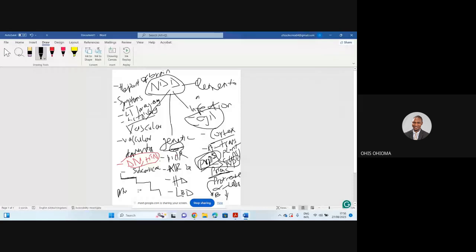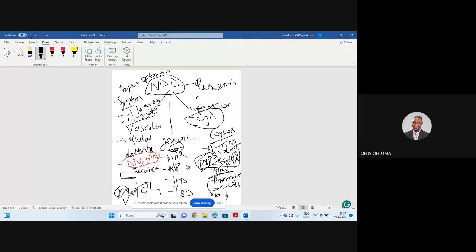Now, we need to be able to differentiate between vascular dementia and dementia secondary to Parkinson's, okay? Let me write it like this. When the motor symptoms lag the cognitive function, the patient has vascular dementia. What am I trying to say basically? I'm trying to say that the cognitive dysfunction starts first before the patient starts having motor dysfunction for vascular dementia.